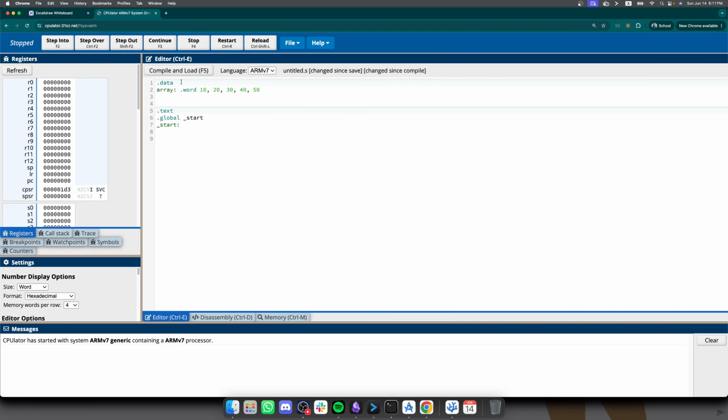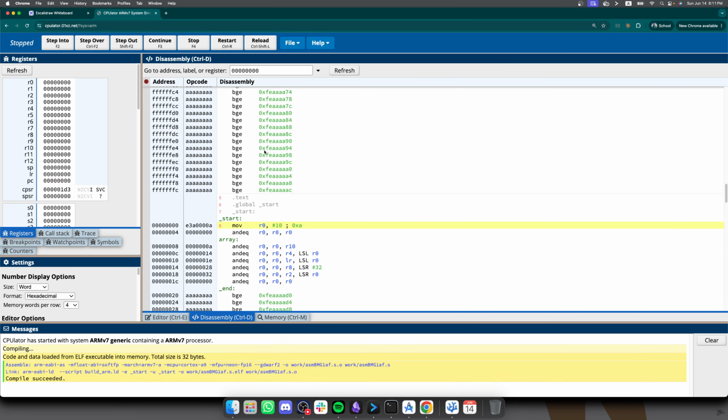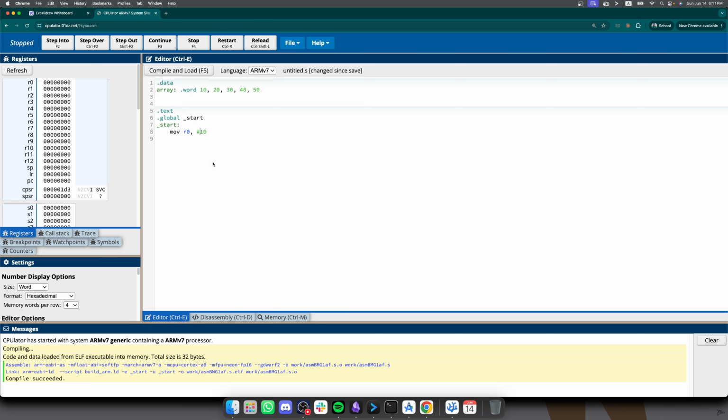And so if we try to do, for example, move R0, just an example, just make sure that it's compiling. So if you do step into, compile succeeded. Okay, so we have the array, which is like having 5 words. So we have a 10, a 20, a 30, a 40, and a 50. So we're going to be trying to iterate